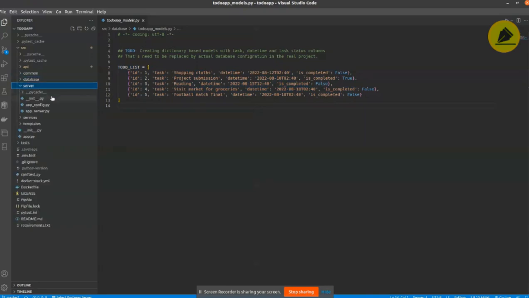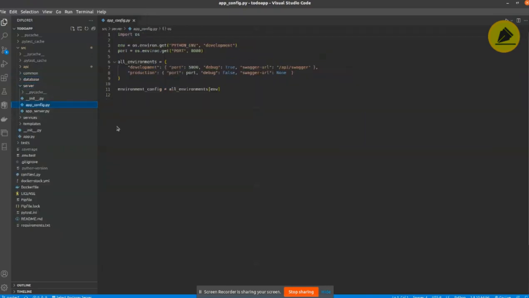Now server has two files. One is the app config, which is for configuring the port, host, and debug level, whether it is development or production, the environment of the application that we set up inside this app config file.